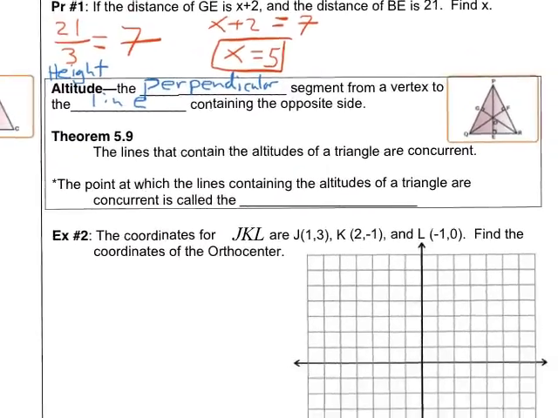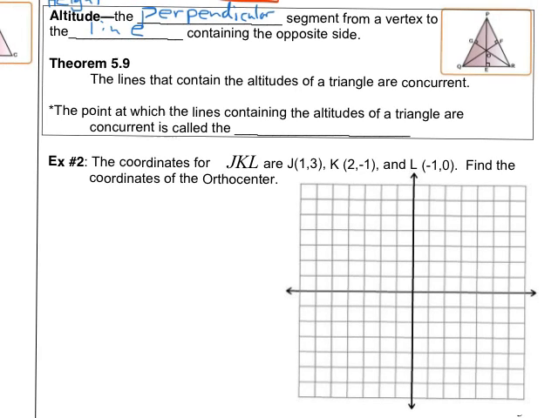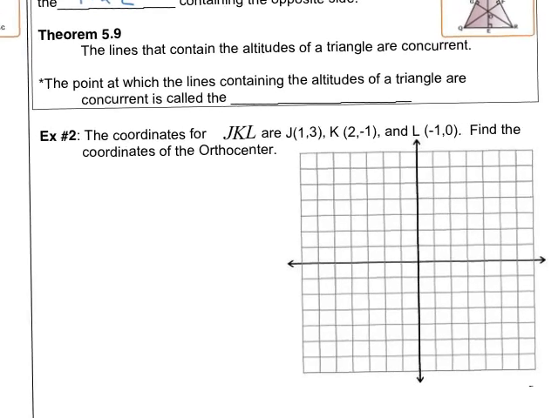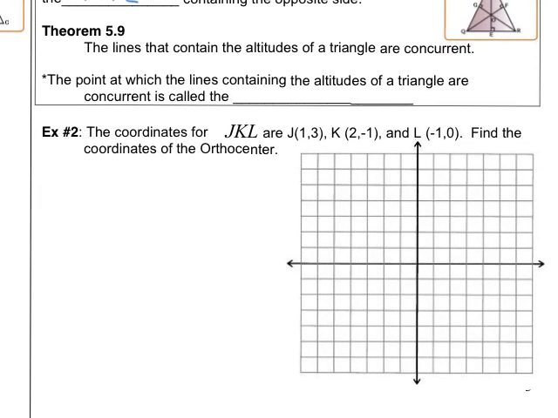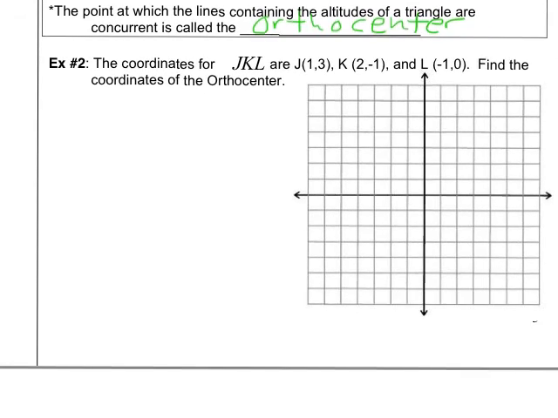Okay, so let's go ahead and finish these notes real quick. The lines containing the altitudes of a triangle are concurrent. The point at which the lines containing the altitudes of a triangle are concurrent is called the orthocenter. Okay. Alright, so we have one last problem here, and if you haven't yet